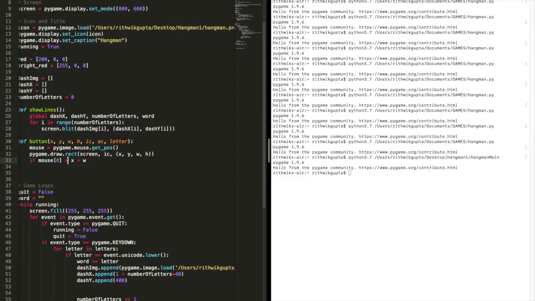So this value has to be less than x plus width. The x value has to be less than the x value plus the width, because that's the right edge of the thing, and then it has to be greater than x. So this is basically saying, just to clarify, the